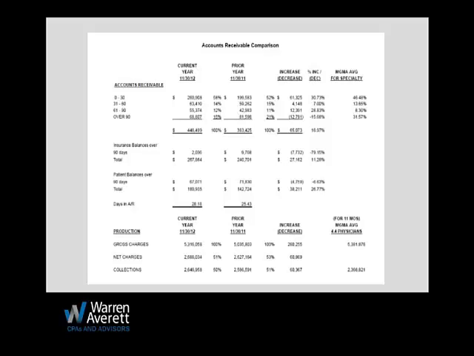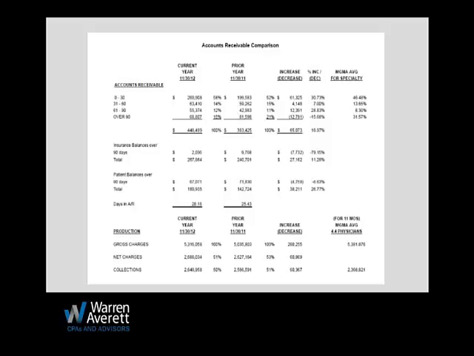After you've looked at that, below that, and we alluded to this, insurance balances versus patient balances. Where is our money? Where is it sitting? Where does the problem exist? If it's in insurance money, our normal diagnostic would tell you that someone needs to probably go work some claims. If we have a lot of money sitting in insurance balances, and we're looking like over 90 in this situation, we may have denied claims. We may have claims that need to be reworked. Zero balance claims. Why is our money in over 90 not being paid from our insurance?